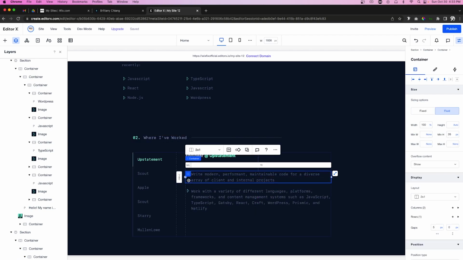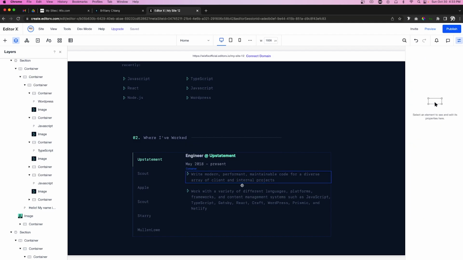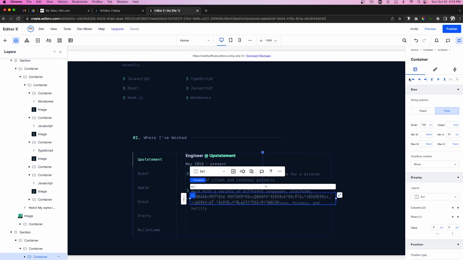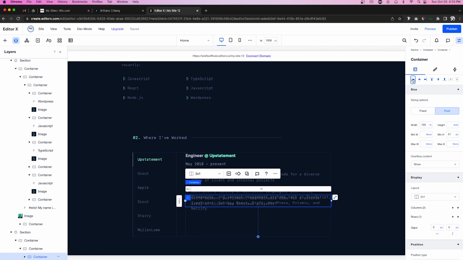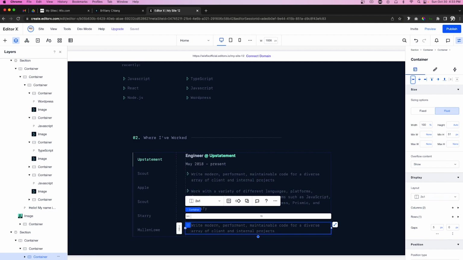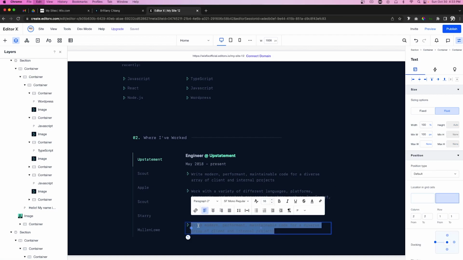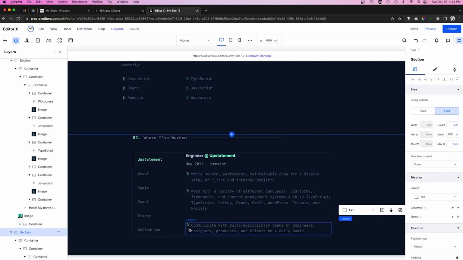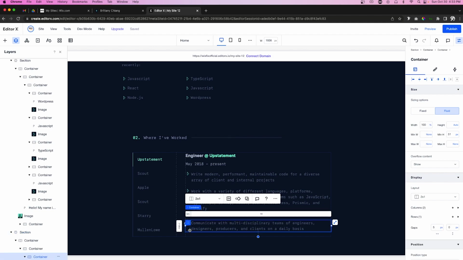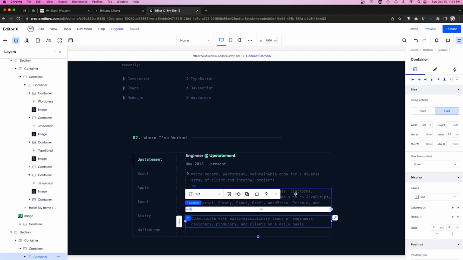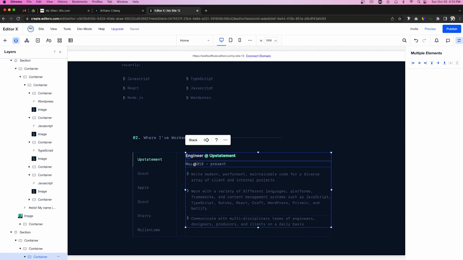And then I'm going to copy this container one more time. We'll paste it in here, bring it to the left and bring it right underneath. And once again, I'll copy the text from the website. I'll go ahead and paste it in here just like that. So now what I would like to do is go ahead and grab this container, kind of make it like even spacing. And then what we're going to do is grab each one of these elements here